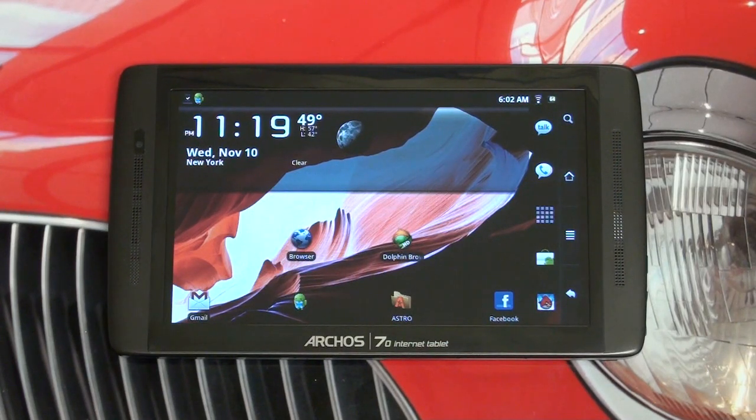Viewing angles are good. It is not an IPS panel like is found in the iPad. But again, remember, this is a much less expensive device. You have to take that into account. It does have front-facing stereo speakers, which I happen to like. A lot of these tablets have side speakers, which just really don't lend to a multimedia experience. So I think I've covered everything in terms of specs and hardware. It also does have a kickstand, but let me show you guys physically what you actually get in the Archos